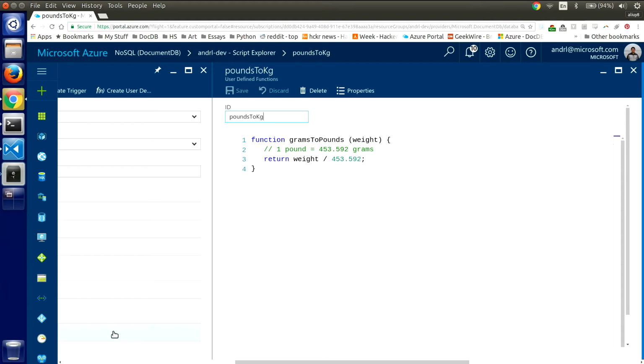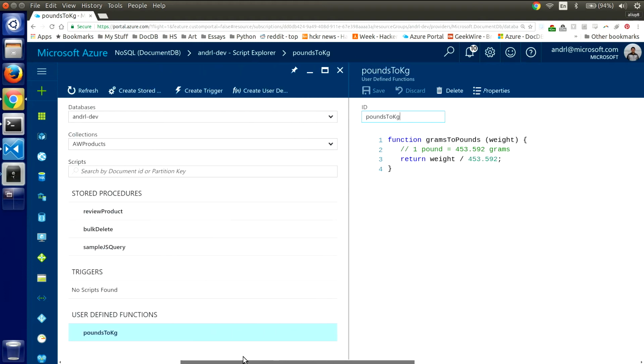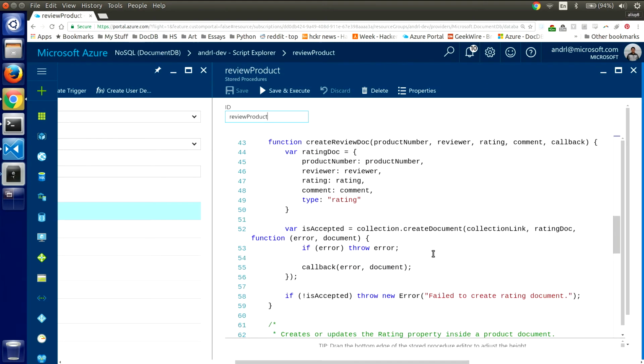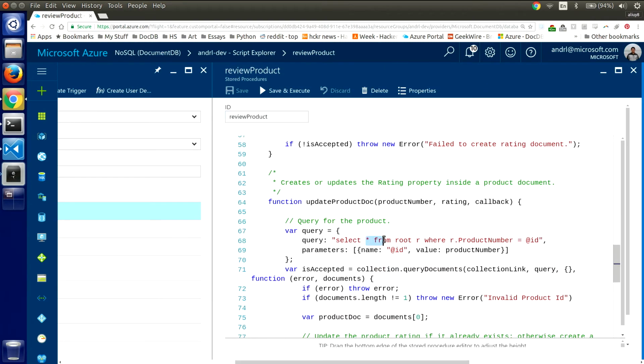And now anyone who's in that collection can use that in their stored procedures and build on it. Yes, your developers could build a whole library of user-defined functions that they could all then exploit within their stored procedures. So this will get embedded in the SQL query, and then as part of the stored procedure, you can run these SQL queries, and so you can include the UDF if you choose to as part of the select clause or the where clause.